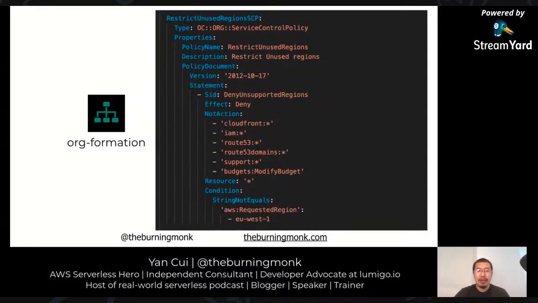and I can configure service control policies, or SCPs. For example, here, I know the only region I'm going to use is EU West 1, so I can set up a service control policy that denies all actions against regions other than EU West 1, and apply this policy to the organization at the root so that it's applied to all my AWS accounts.